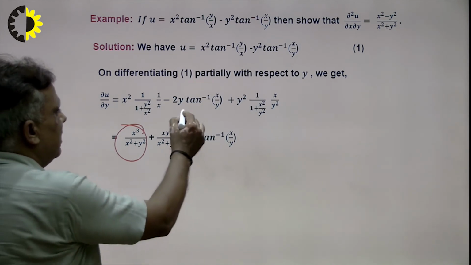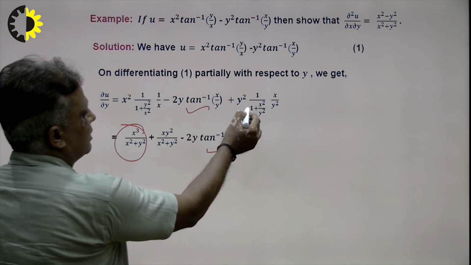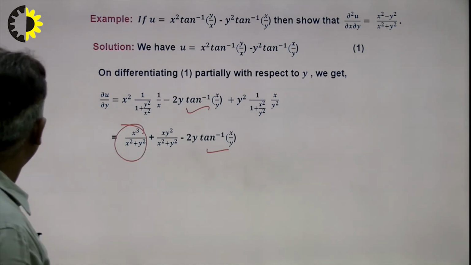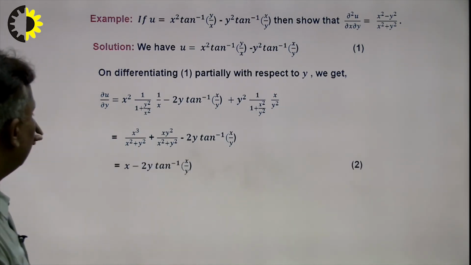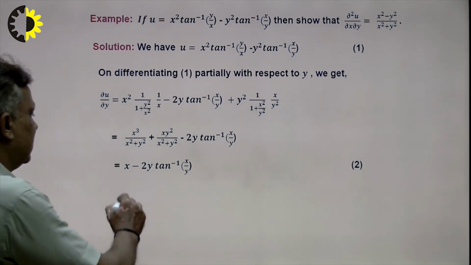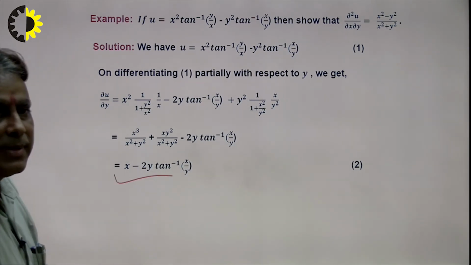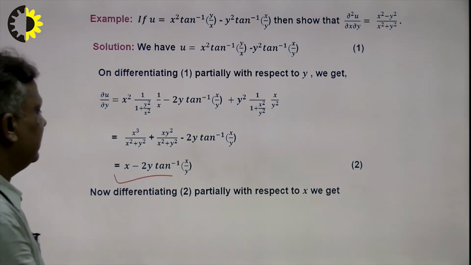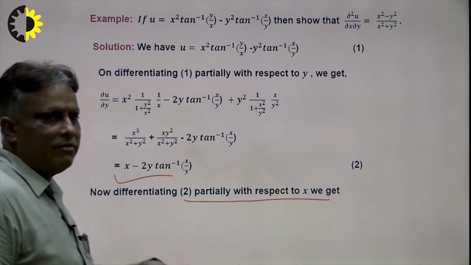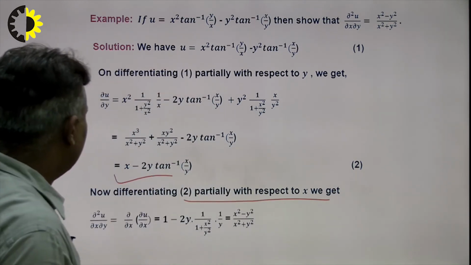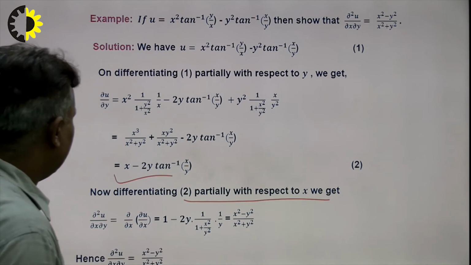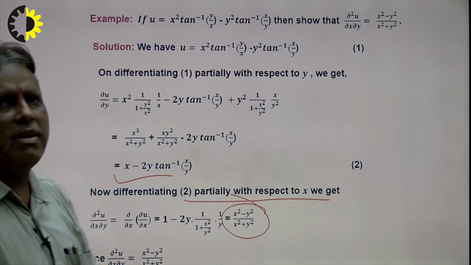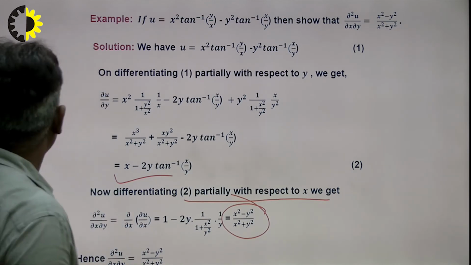In the same way, this is y square, cancel out y square, and this will be xy square. In this way we find out our first problem. Now differentiate this equation with respect to y. So differentiate with respect to x here, because y first time we differentiate. What will be the result? The result will be this, y cancels out, and this will be x square minus y square. So in this way we can find out our problem with the help of the given condition.